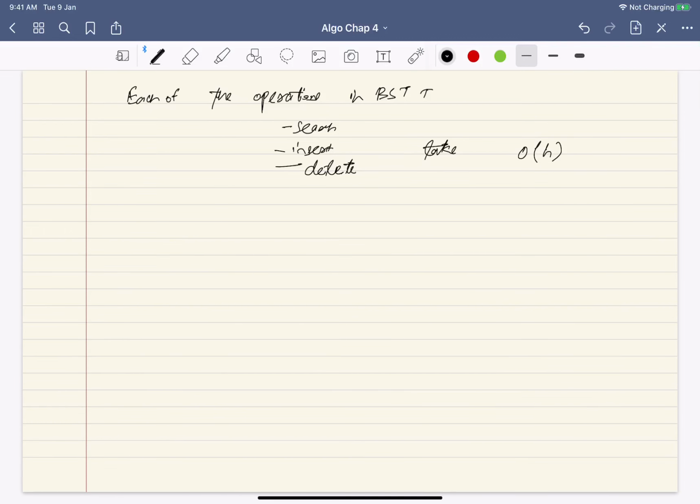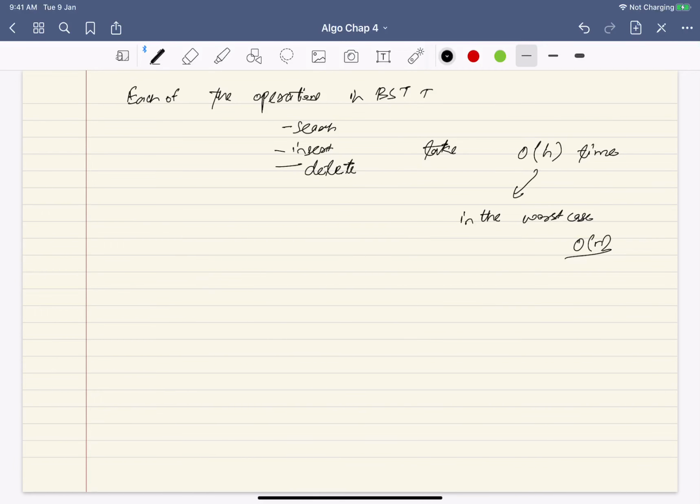Order H. All of these are order H operations: search, insert, delete. Now the problem here is that in the worst case, the height is order n.